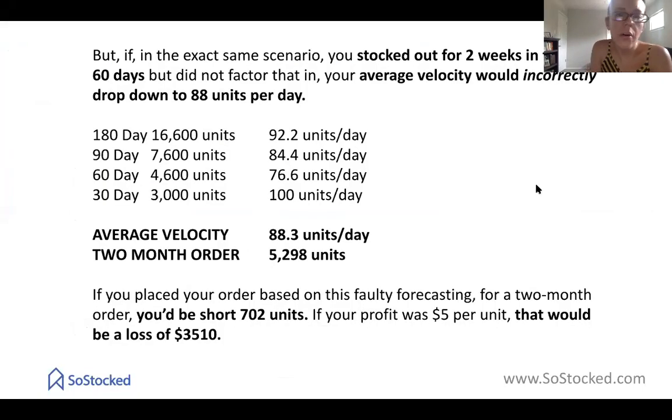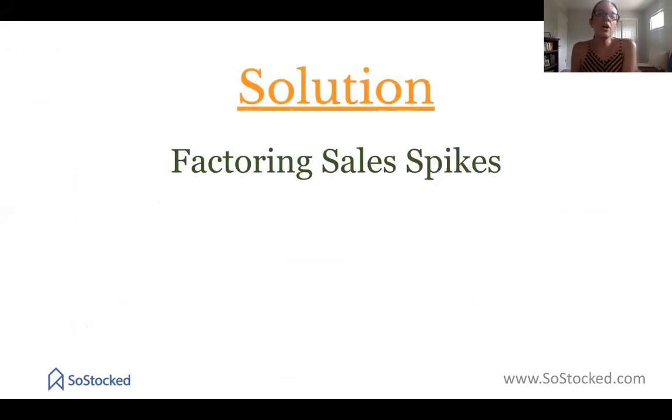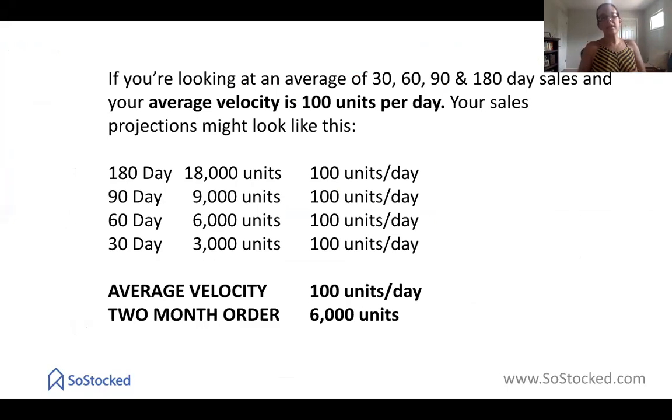Okay, so to continue on, so that's only one problem. The other problem is over ordering. Now, the solution to a problem of over ordering is factoring sales spikes out of your equation. So sales spikes are, for example, Prime Day or a lightning deal, or you were mentioned on a morning talk show, something like that, right? You have a spike and then you're trying to calculate your next 30 days, what to order, and you've got this huge number, this huge amount of sales that's throwing off all of your data. So the idea is to find that, to locate it, to remove it, and